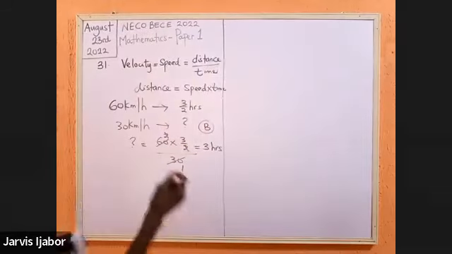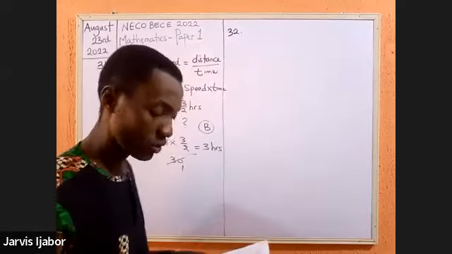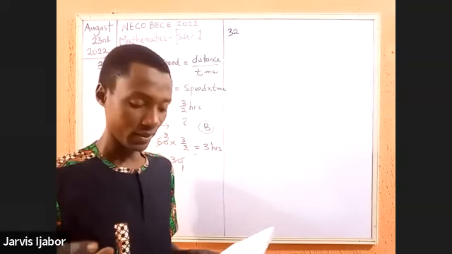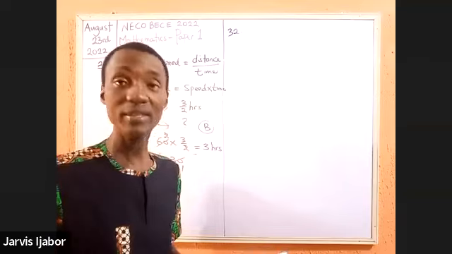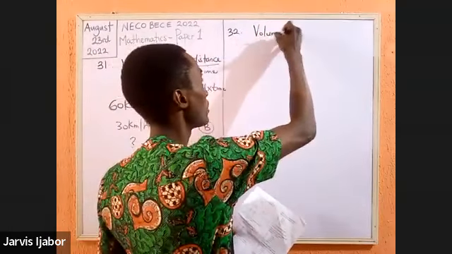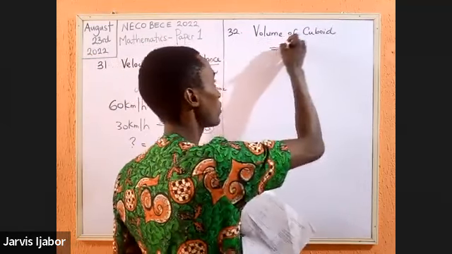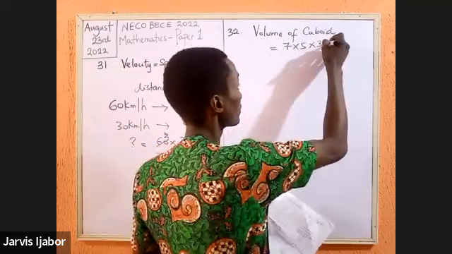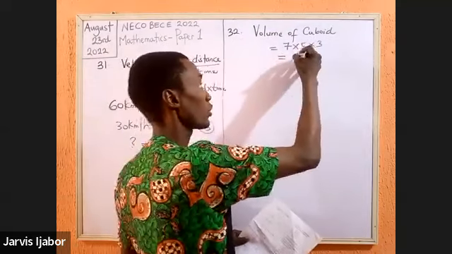So we go to question 32. In question 32, we are told to calculate the volume of a cuboid 7 cm long, 5 cm wide, and 3 cm high. That is a very straightforward question. The volume of a cuboid will simply be 7 times 5 times 3. Straight away, 35 times 3, which will give you 105